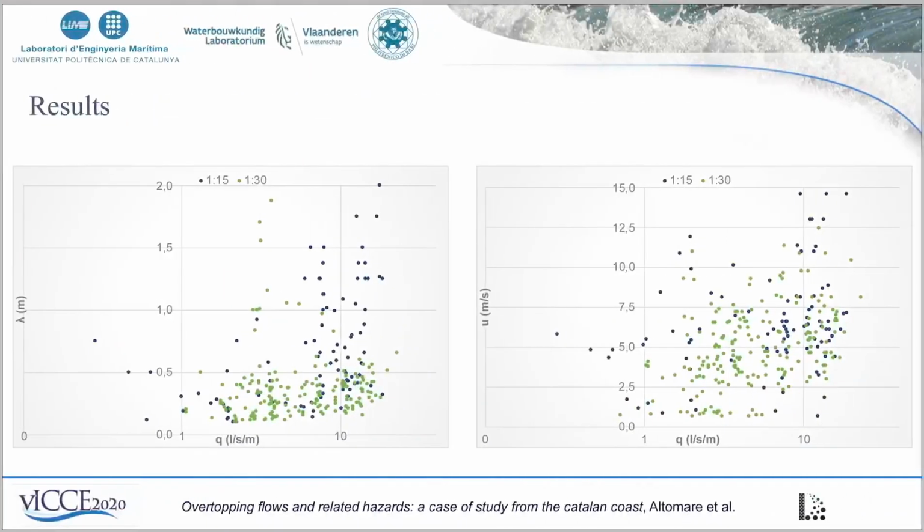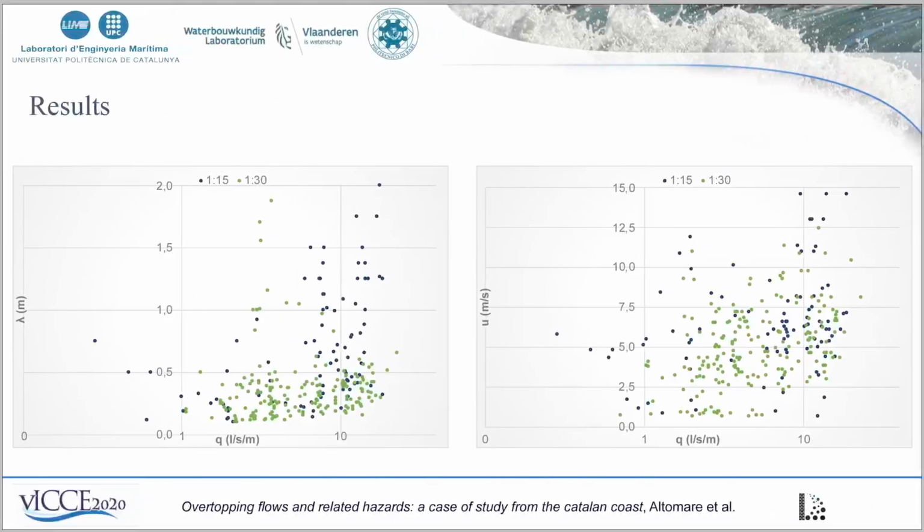Now, the trend that we saw before is not visible anymore when we look at the flow depth and flow velocities. Even though a certain relationship is still visible, maybe for flow depth versus the average discharge, anyway, we should admit that there is a large scatter. So actually a link is missing here, because